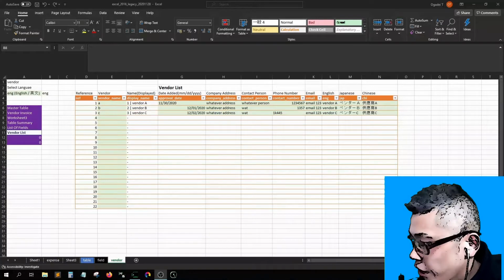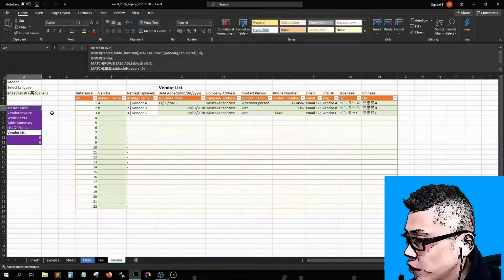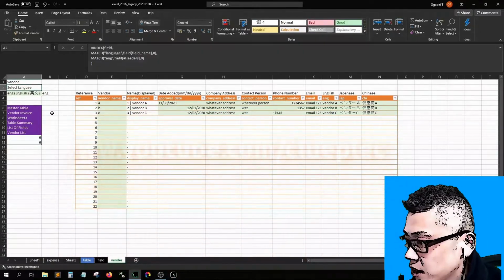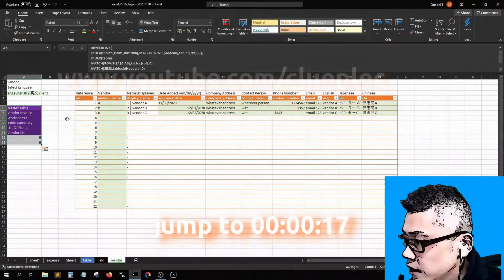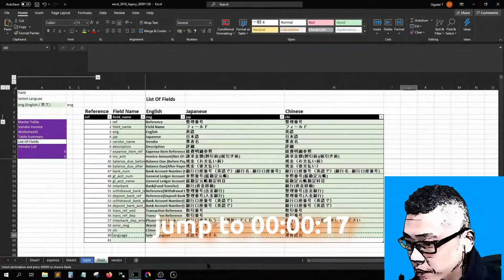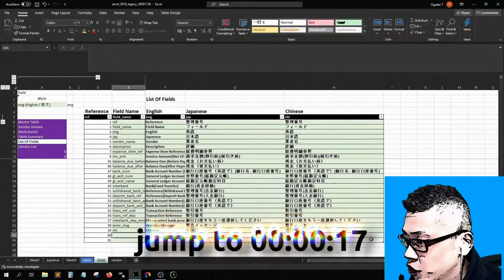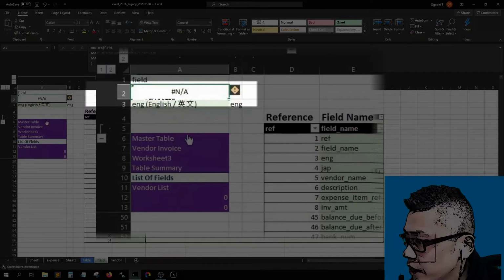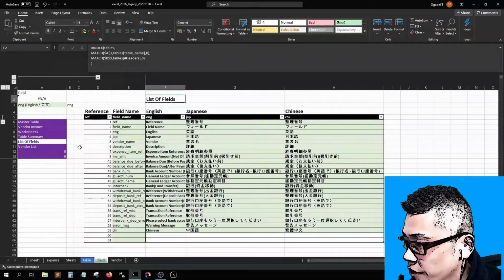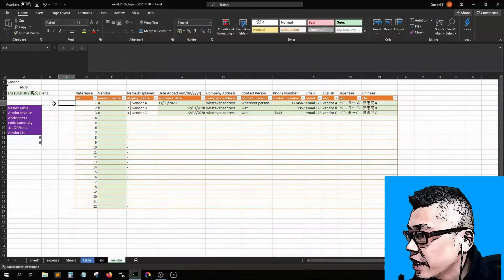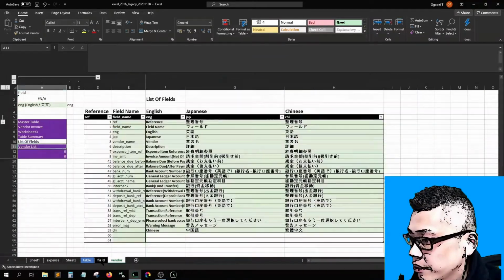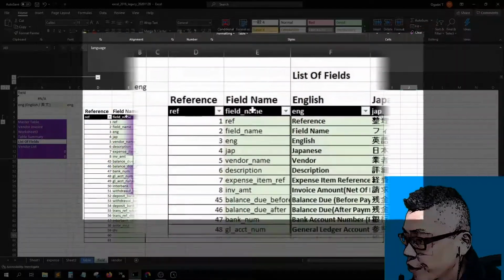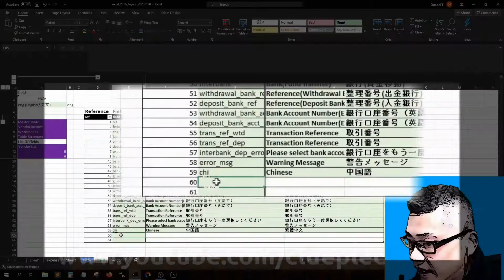I just figured out how to fix my toolbar problem. Let me remove this and replicate the problem that I have. So you should see an error appears here, and I think I should have the list of fields. Yeah, and the easy trick to fix it is just going to the list of fields and then under the field name, add back language.